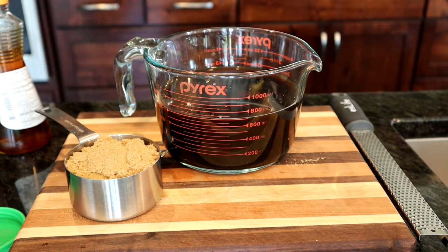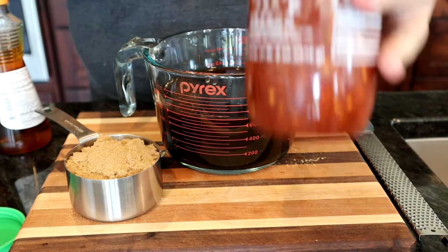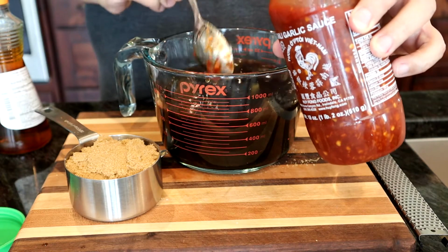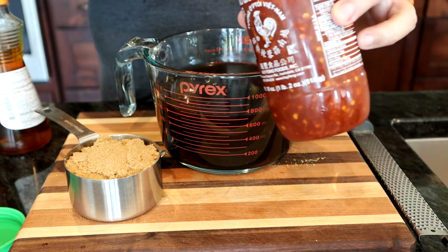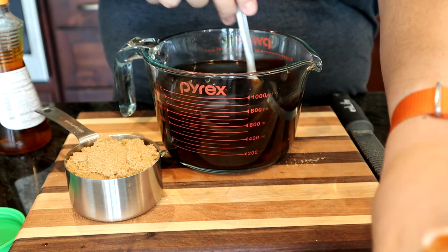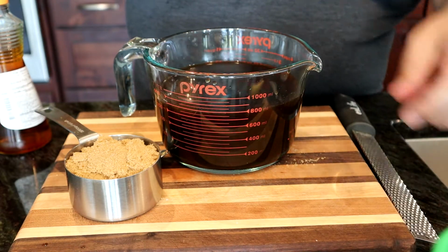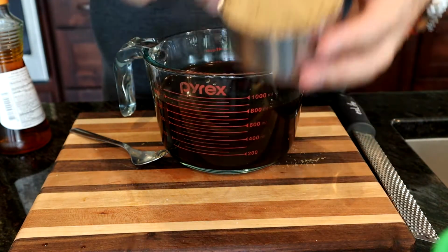Next up, we're going to add about 4 heaping tablespoons of chili garlic sauce. Now, you can add more or less depending on how spicy you'd like this to be. We've got half a cup of brown sugar,